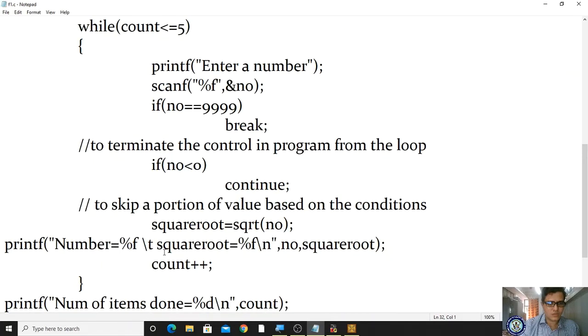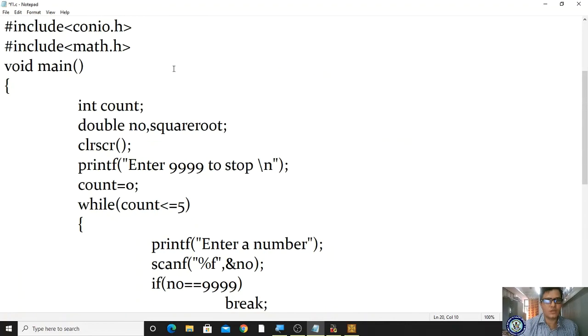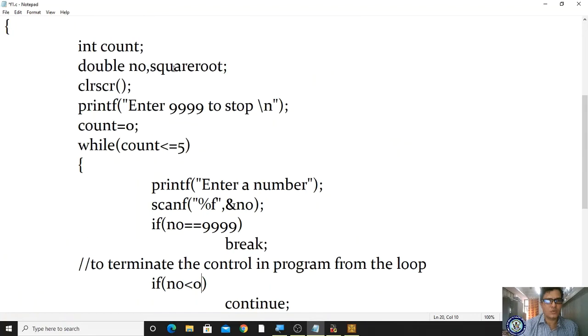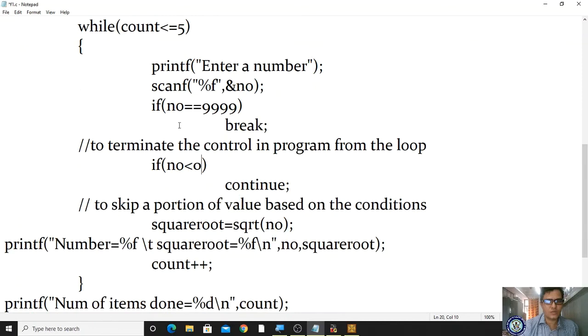While count is less than or equal to 0, count is incrementing. Number less than... oh, it is 0. Continue, break is there. If number equal to 9999, correct. Where is the number? Double square root. Enter 9999 to stop. The number matches, compares.